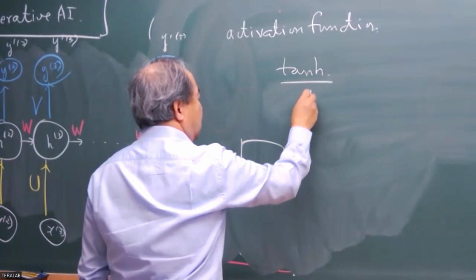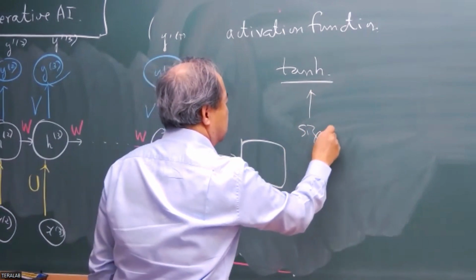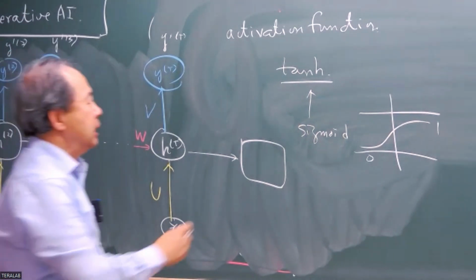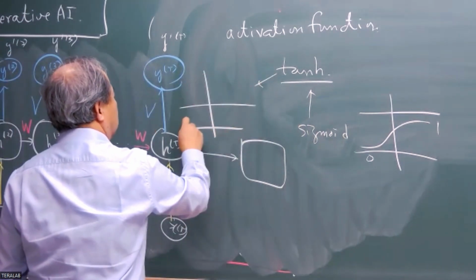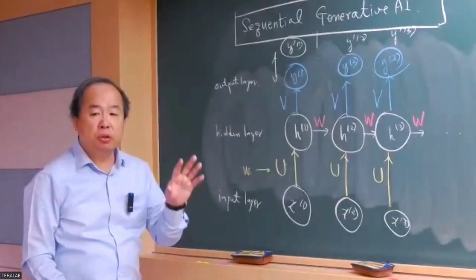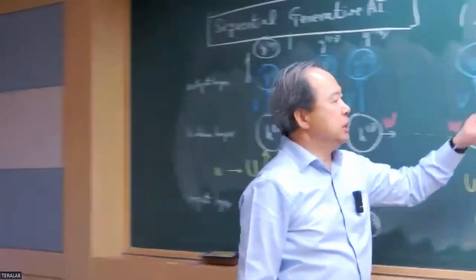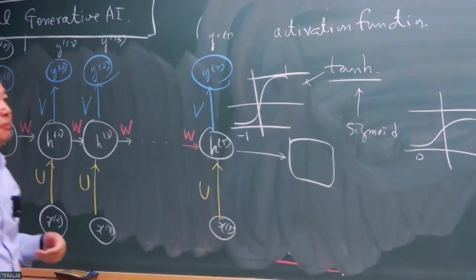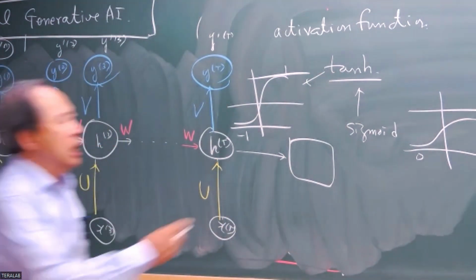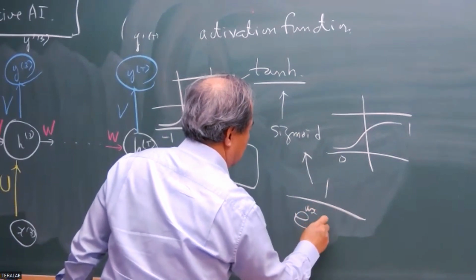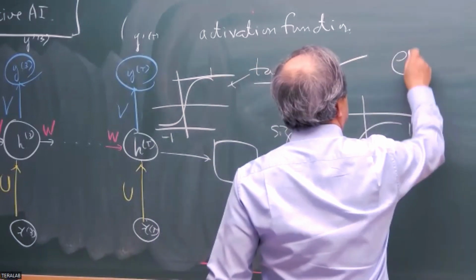It is a little bit of a variation of the sigmoid function. You remember that the sigmoid function is between 0 and 1? And the tangent hyperbolic function is between -1 and 1. Not much big difference between sigmoid and tangent hyperbolic function, but so far, most recurrent neural networks are using the tangent hyperbolic function as an activation function. The sigmoid function looks something like that, and the tangent hyperbolic function has a form of